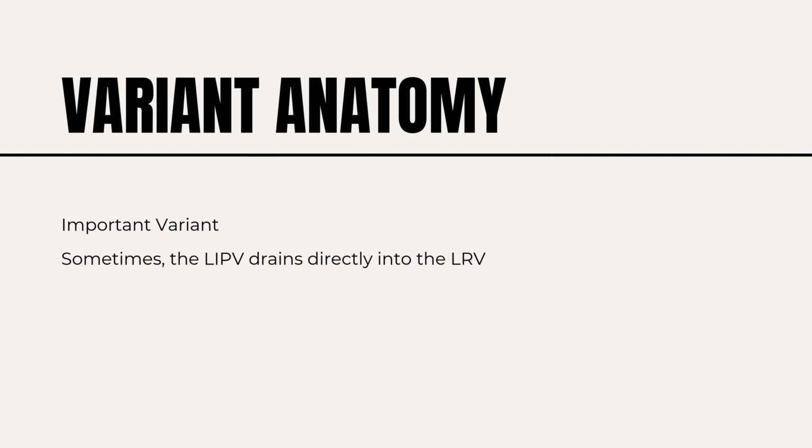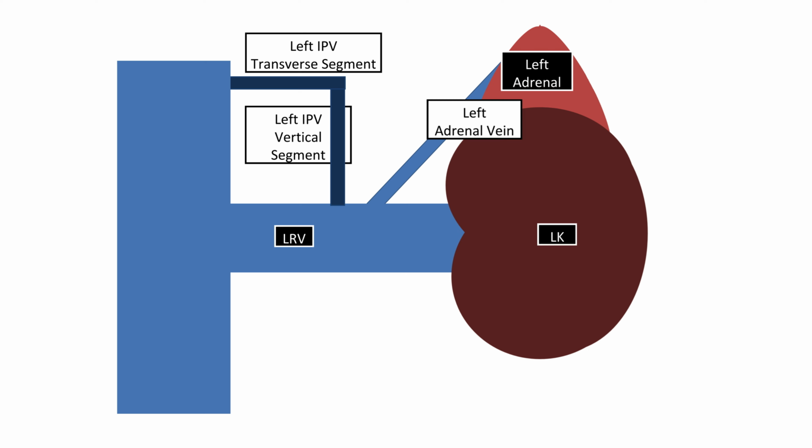Variant anatomy, however, is known, and one important variant is where the left inferior phrenic vein drains directly into the left renal vein instead of draining into the left adrenal vein. This is the diagram showing the variant anatomy where the LIPV will drain into the renal vein instead of the